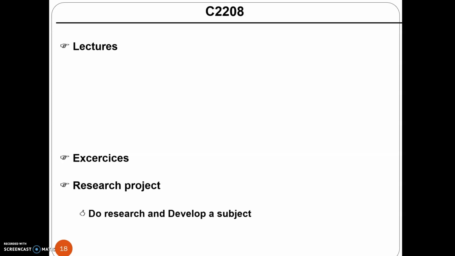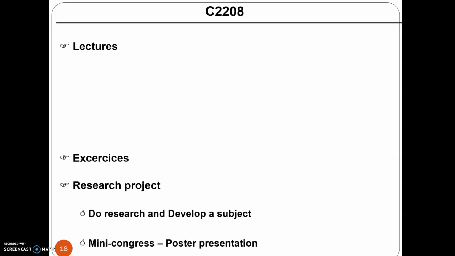This course is divided into many parts. We have lectures, we have exercises, and also usually we have a research project. In the research project, we do research about a specific topic and we develop this research, and then we make a poster and we present all these posters in a mini congress at university. This year we will not be able to do it, so I'm sorry, because this part is usually very important for students, but this year I think it's impossible to do it.